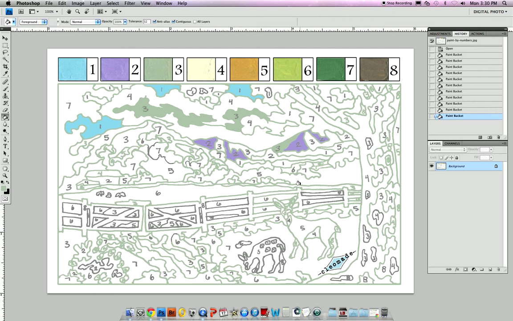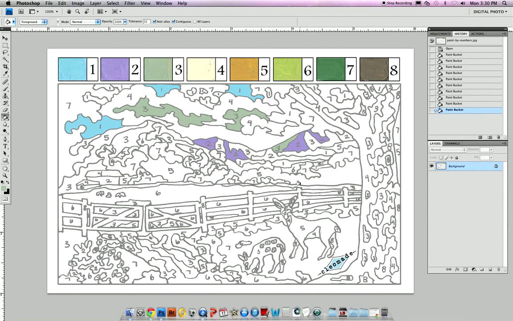To undo things, you can push Apple Z. To undo multiple steps, you push Option Apple Z on your